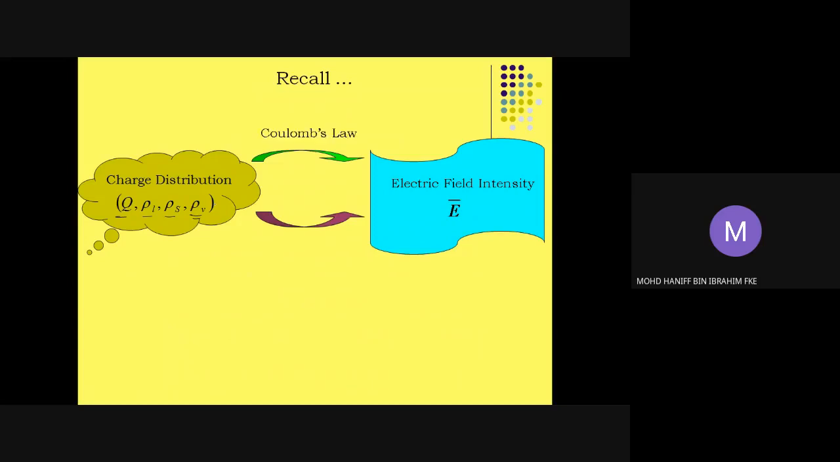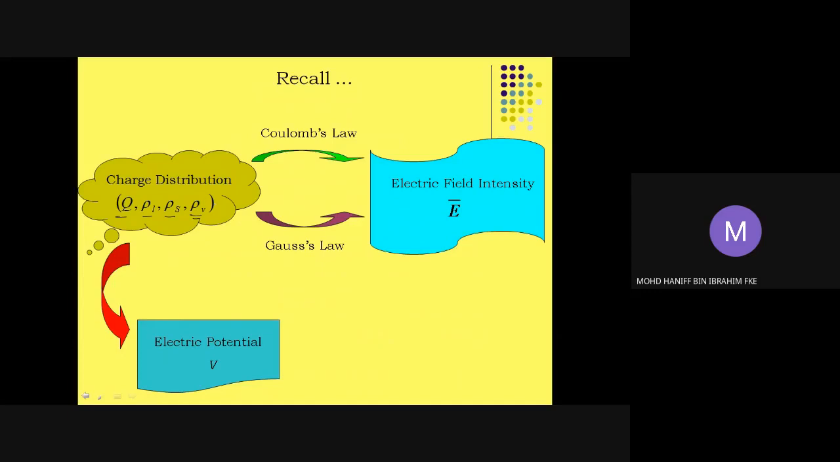The first law is Coulomb's law that we have learned in chapter 2. And then we also have Gauss's law, which we have learned recently in chapter 3. I hope that all of you have understood Coulomb's law and Gauss's law clearly. And previously in lecture 8, we have learned that by using the charge distribution, we can use it to